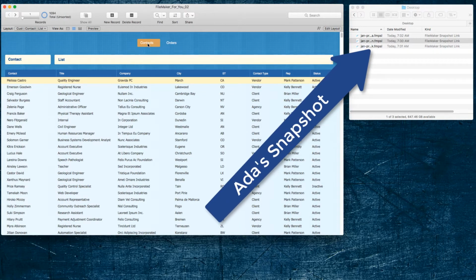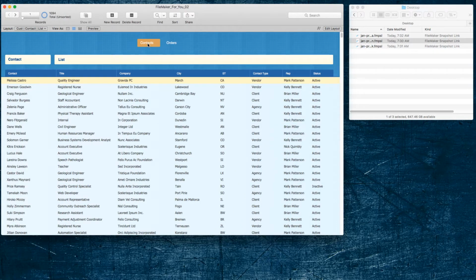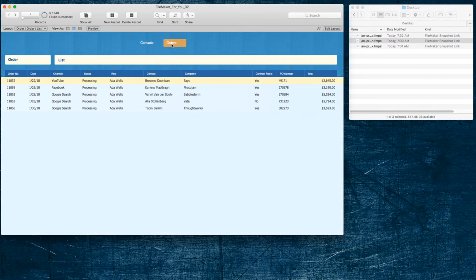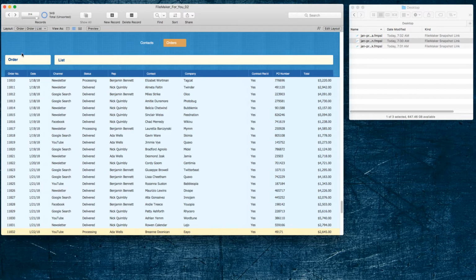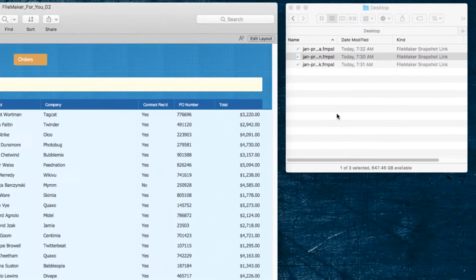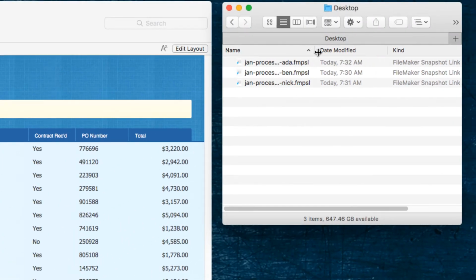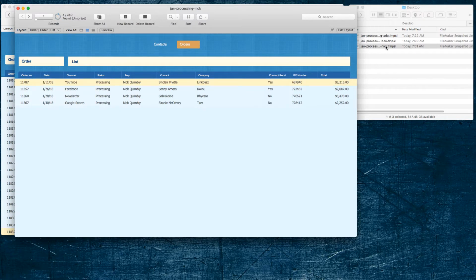If I am someplace else doing something else, and all of the records are found, or I'm in another found set, in the middle of something, it does not matter. I can simply go and click on Nick, and it opens a window with Nick's orders, and we're ready to have a conversation. So I find this to be a fantastic feature that a lot of people aren't aware of,